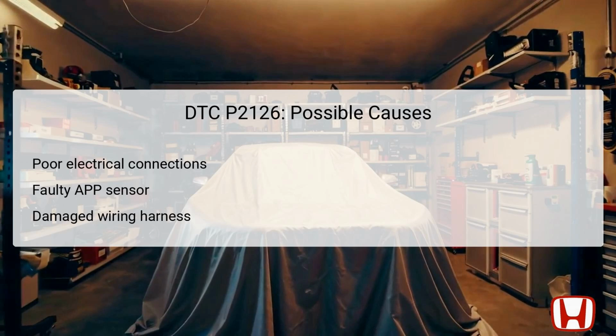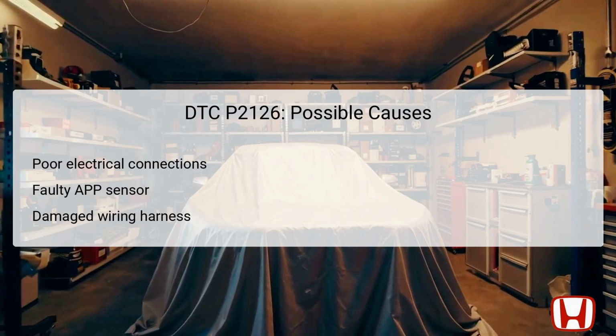There are several possible causes for the activation of DTC P2126. Poor electrical connections at the APP sensor or the PCM can lead to insufficient voltage signals, causing a malfunction indicator light to appear. Another likely cause is a faulty APP sensor itself, which may produce inconsistent readings or fail entirely. Additionally, damage to the wiring harness, such as fraying or exposure to contaminants, can also disrupt signal integrity. Each of these potential issues must be systematically evaluated during the troubleshooting process to ensure the proper function of the